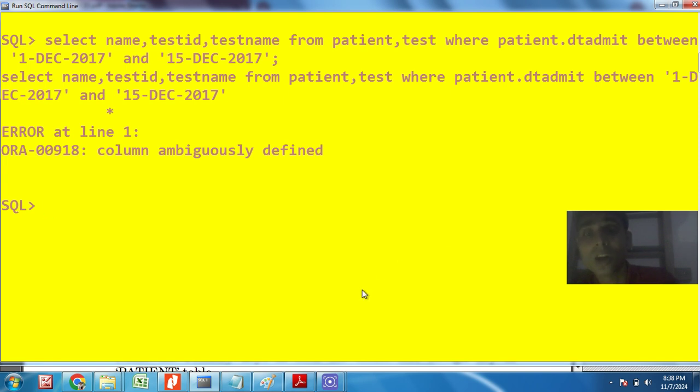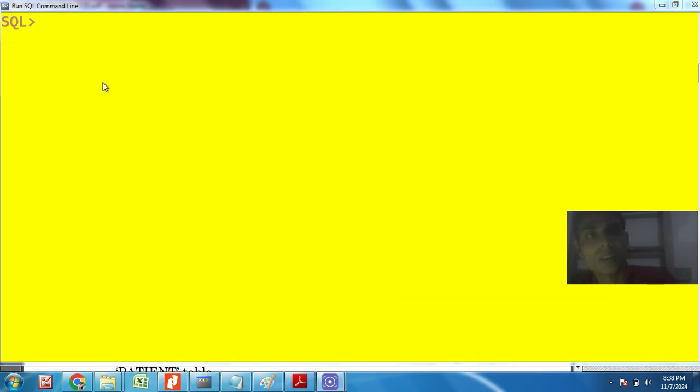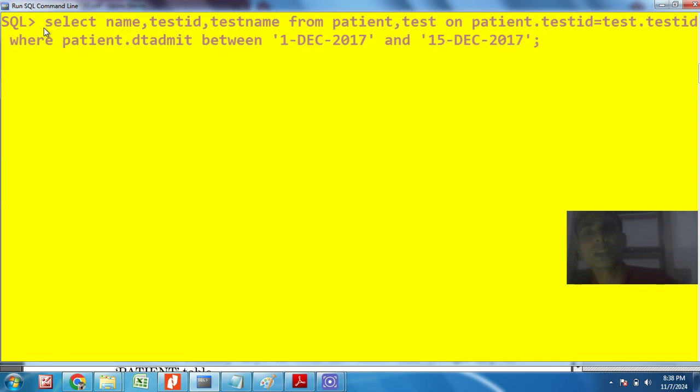Now think how we can write the answer. Think, then only we will be clear with the concept. Next we can try: select name, test id, test name from patient comma test on patient dot test id equals test dot test id, where patient dot date of admit between 1st December 2017 and 15th December 2017.